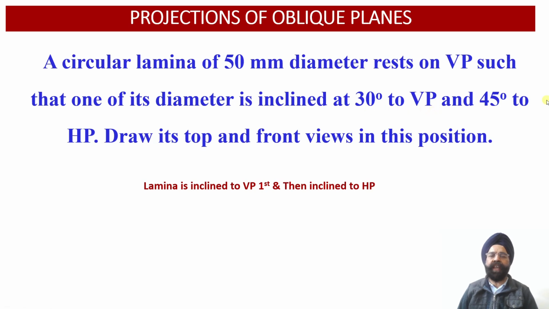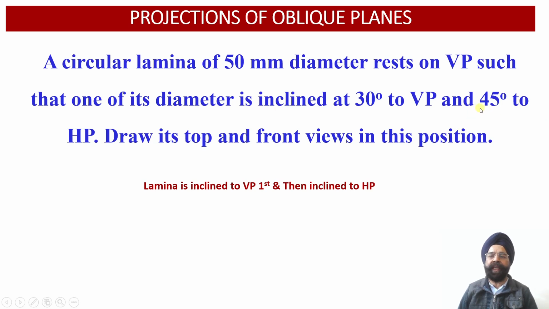Now by virtue of the inclination of the surface of the circular lamina with respect to the vertical plane, we will see that one of the diameters will get foreshortened because it will be inclined at an angle of 30 degree to the vertical plane. So this diameter, which will be inclined with respect to the vertical plane at an angle of 30 degree, will appear as a foreshortened distance in the front view projections. And now we have been provided with the information that the same diameter whose apparent length is available to us in the front view projections